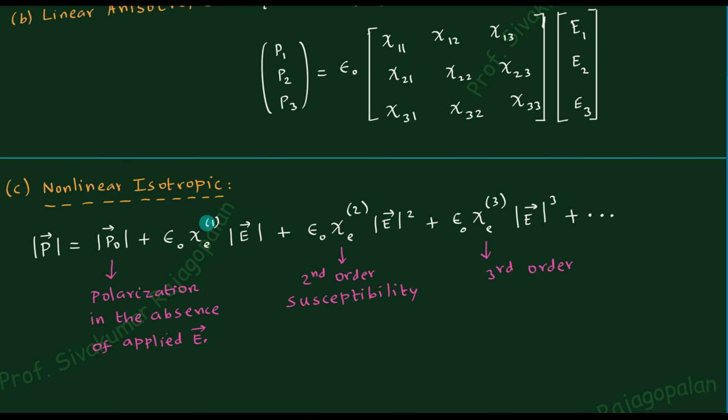So the meaning of the bracket here is just to say that it is not a power. It is just to provide information about the power of the electric field. So what is the power of the electric field here? Modulus of E to the power 1. That 1 is only written here. So if I erase the electric field, the epsilon naught, and everything else, and only chi e bracket 1 is shown to you, then you must be in a position to recognize that this is the electric susceptibility corresponding to the applied electric field to the power 1.